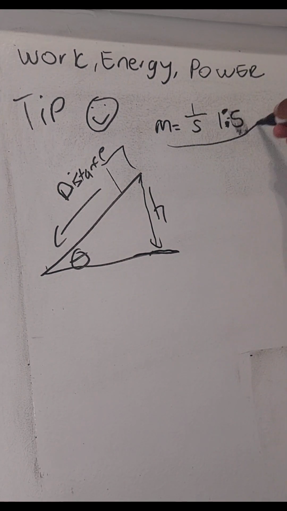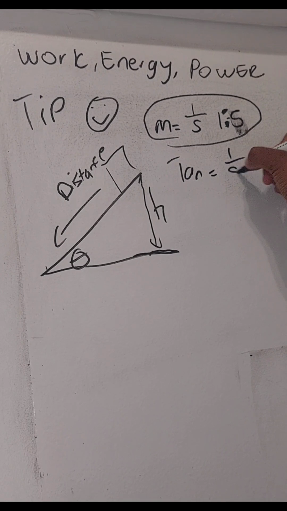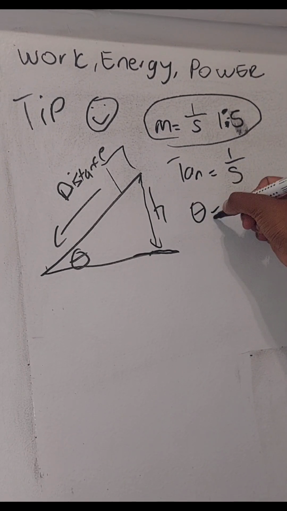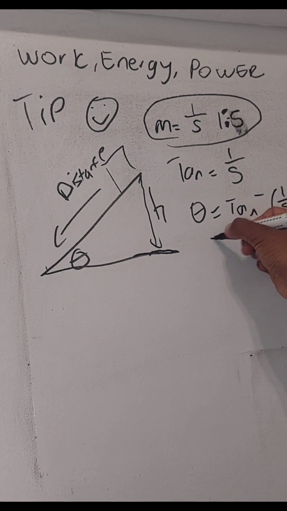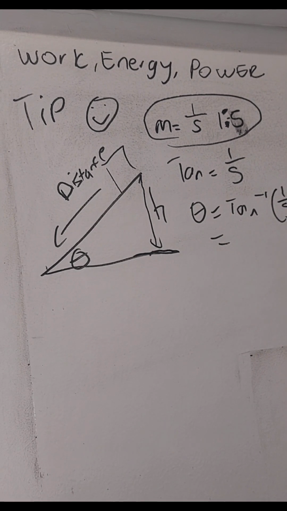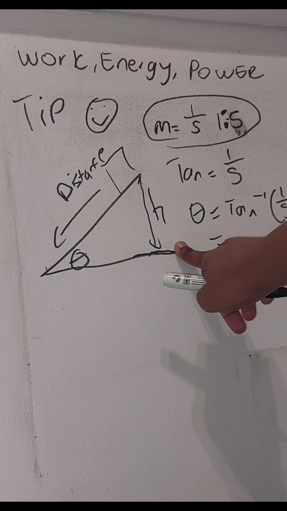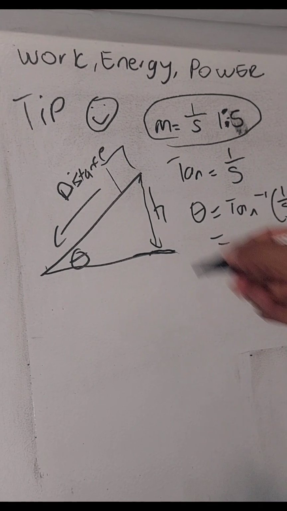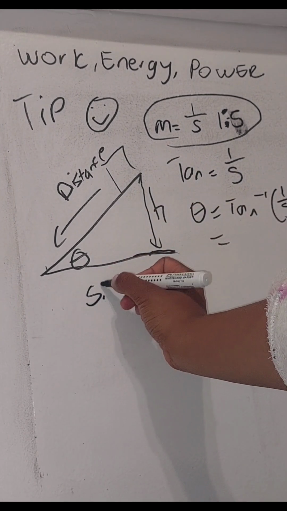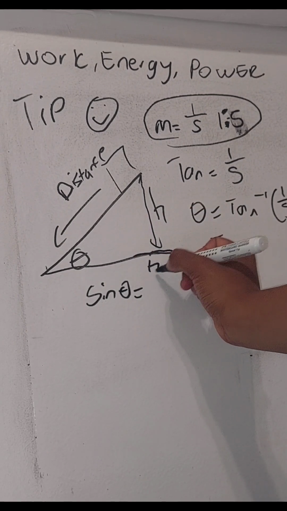If they talk about the gradient of 1 to 5, know that it's 1 over 5, from which you go and find the angle theta. And guys, this is height. So how do we find height? We find height by using Pythagoras. That means this is going to be sine theta, in which sine theta is height over